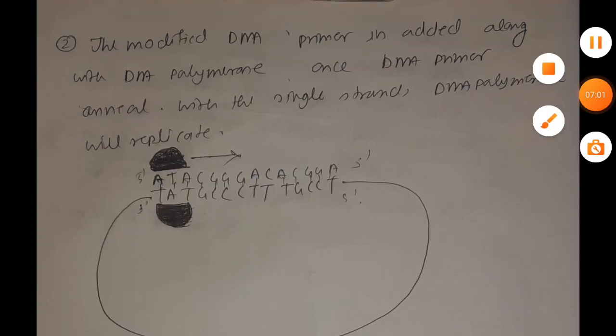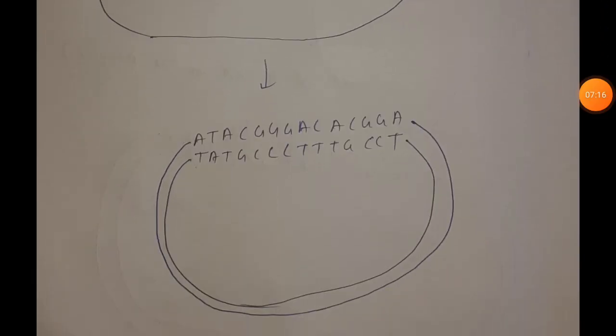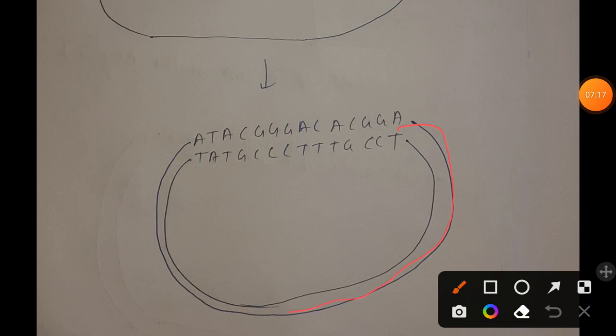So along with the modified DNA primer we will also incorporate DNA polymerase, okay. DNA polymerase will start replication once the primer has successfully annealed with the DNA template. So it will synthesize a new DNA strand, as you can see. Now we will again perform the separation step, where we are taking the newly synthesized DNA strand